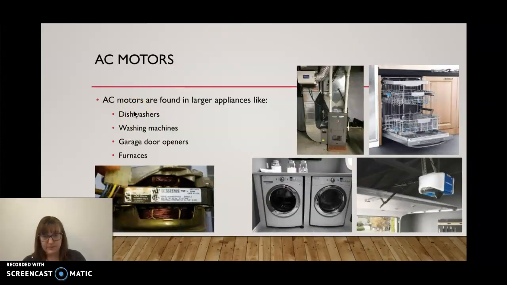Places where you find them in your house: AC motors, dishwasher, washing machine, garage door